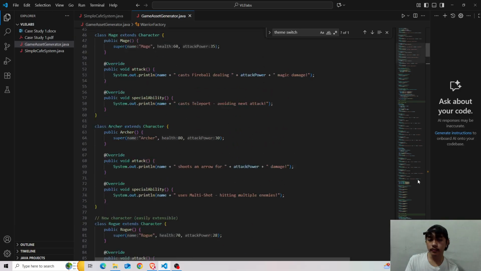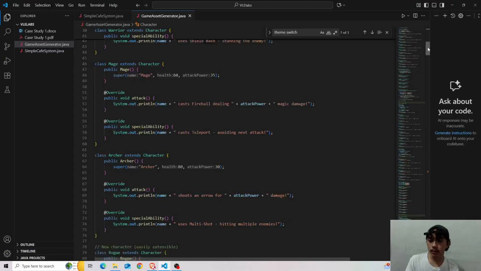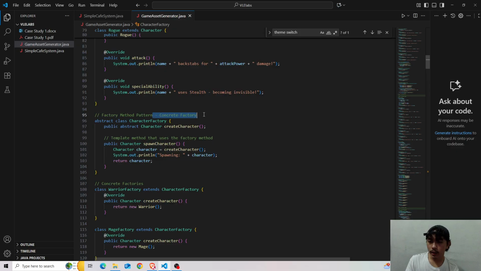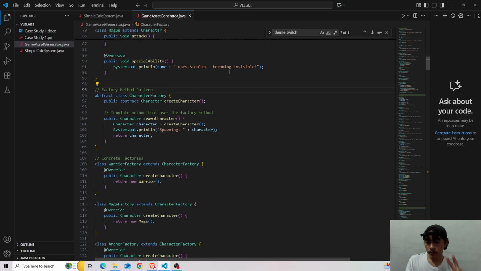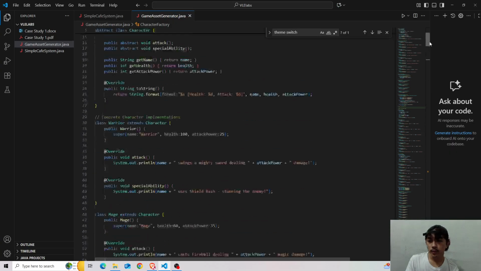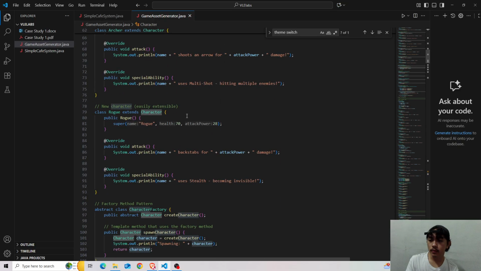Sorry, I think we have two abstract factories here, but sorry, this was a factory method, so I shouldn't have added that one, right? So my bad, sorry. So the character factory is a factory method pattern, right? So the character abstract class is our abstract factory. Okay, so keep that in mind.